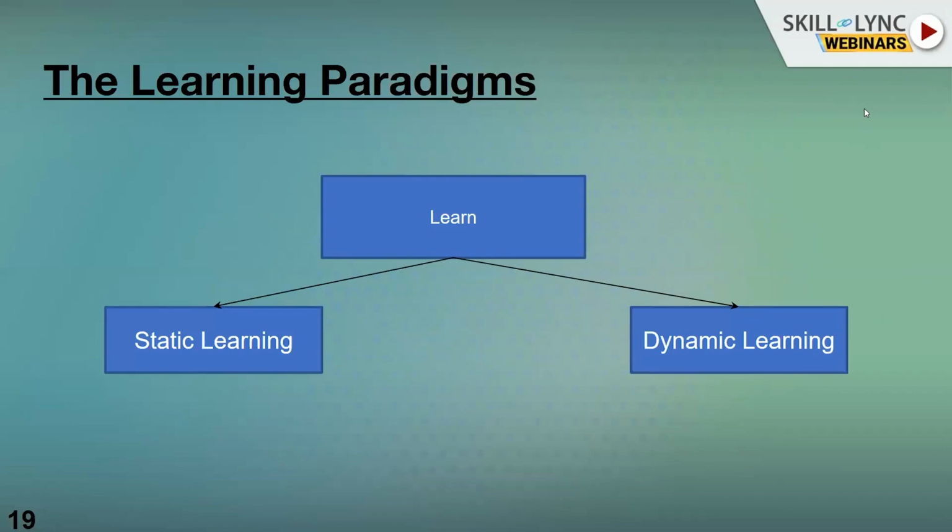So what is static learning here? That means you are collecting the information. You already have a lot of information, and you look at all this information, and from it you conclude, you summarize, and you learn it. The best example of static learning is the way we always learn in schools and colleges. So what are we learning in schools and colleges? The content within the textbooks is actually evolved over a period of hundreds of years. So the formulas that you read about,